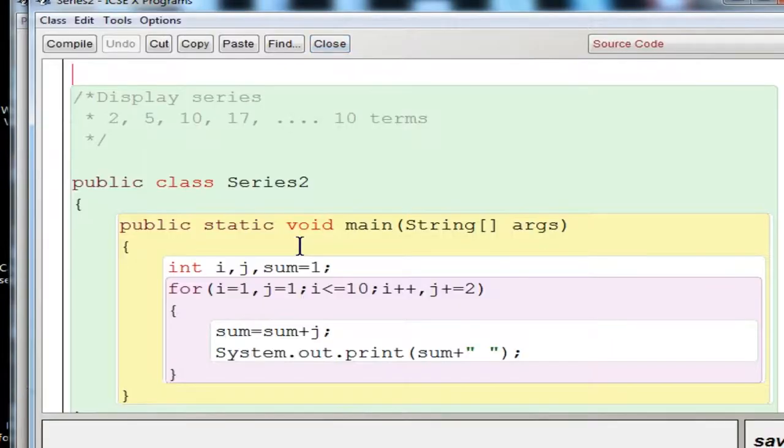Now you are going to go to the second series. Here you can see it is not odd or even, it is a mix of odd and even numbers. So you may have some confusion about how to solve this. Here again you have to execute 10 terms, so you need a variable to count the number of terms, that is i. So as usual, you are going to count the series and it will be executed 10 times. Now you are going to have another variable, and you are going to store a number, and then you are going to go to the next term.